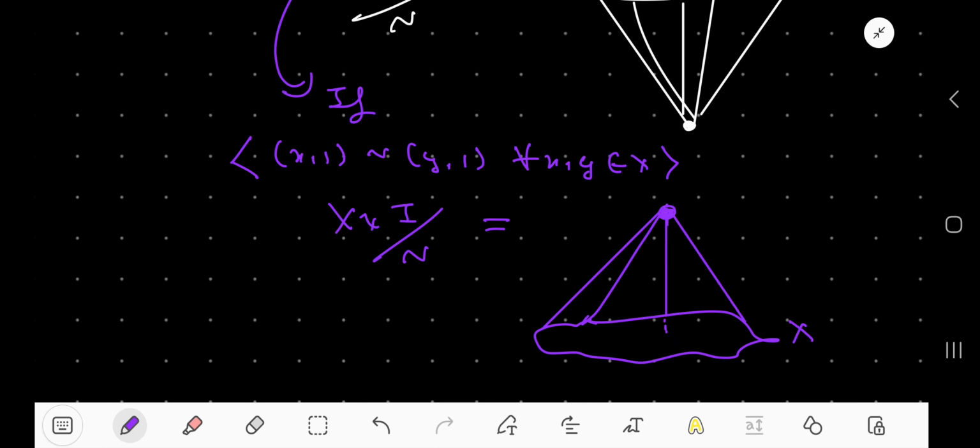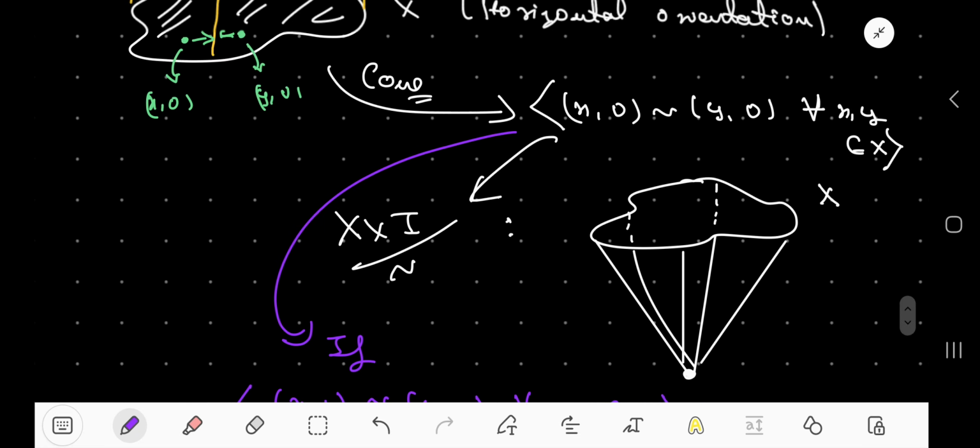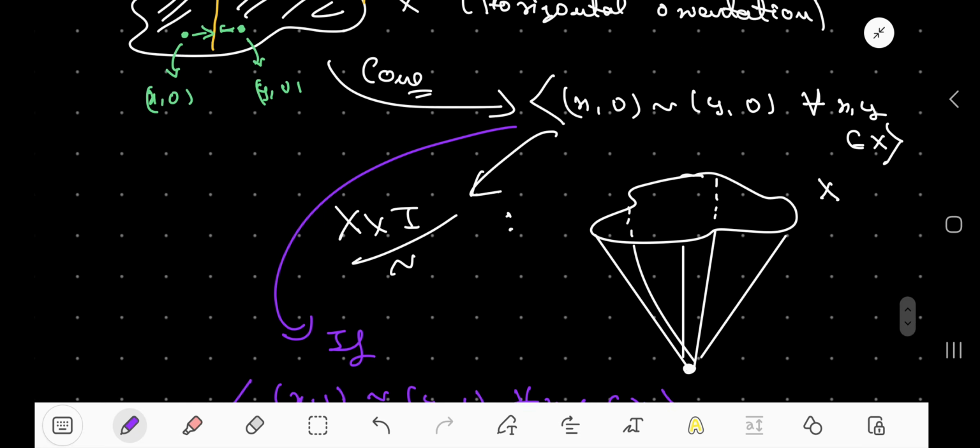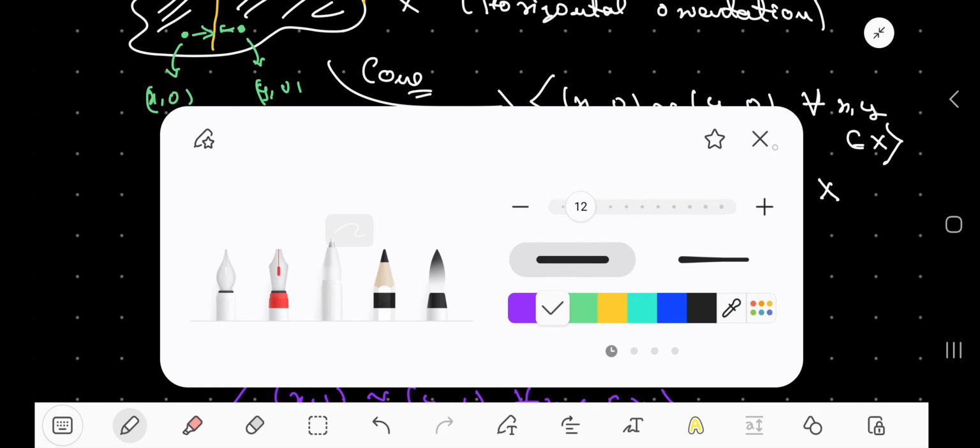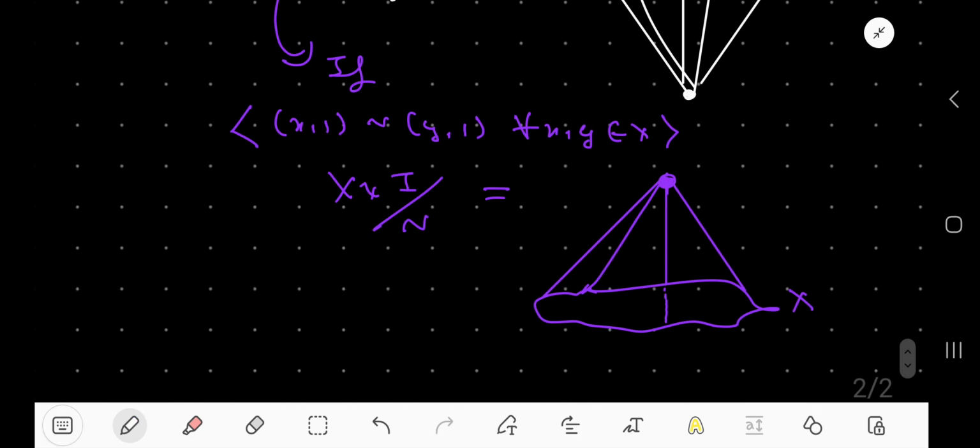right? So in either way we can form a cone out of X cross I. We can either squeeze the bottom X or we can squeeze the upper X. Clear? So having this relation, what should be the partitions? What should be the immediate partitions? So just rigorously,